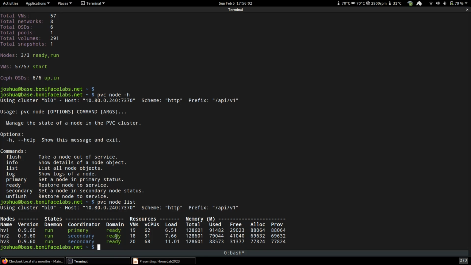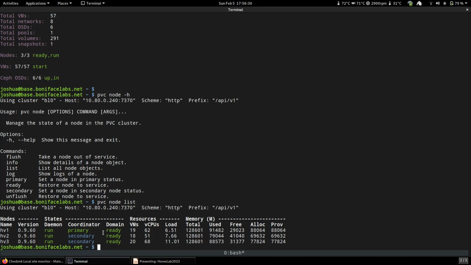So we have the concept of coordinators where you have some subset of nodes, at least 3, either 3 or 5, because it has to be an odd number for quorum. And those are your coordinators where you actually store all the databases. And then you could add additional nodes on top of that as hypervisors that don't do the database stuff. But 3-node clusters, which is so far all I've ever deployed, both in production and my lab here,